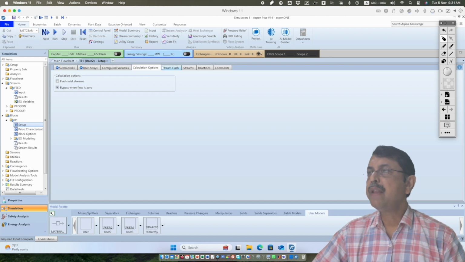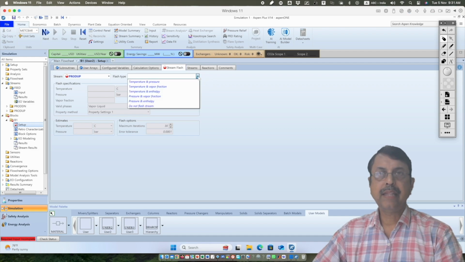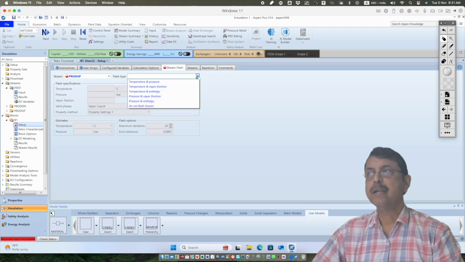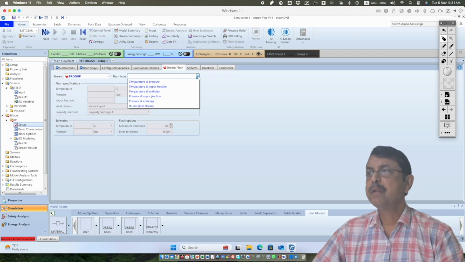Then stream flush. We have a stream product up and product down. We will define their temperature and pressure, right? Now, instead of pressure, we can define vapor fraction, enthalpy. Instead of temperature and pressure, we can write pressure and vapor fraction also, or pressure and enthalpy also. So any combination of temperature, pressure and vapor fraction and enthalpy, you can specify the flash type,